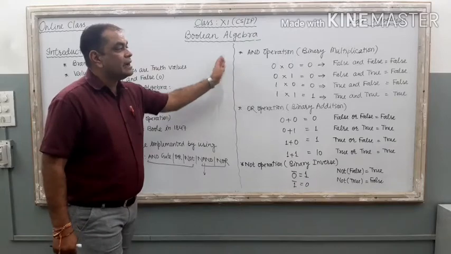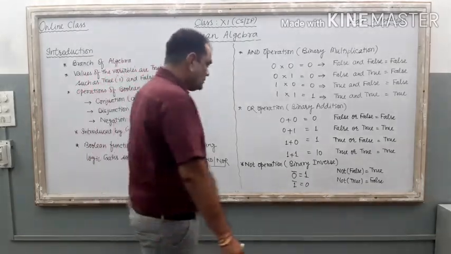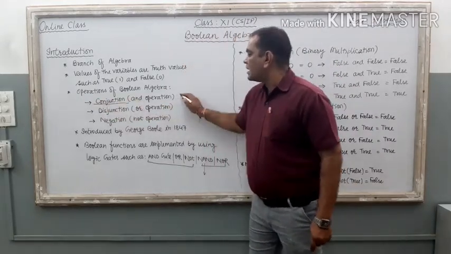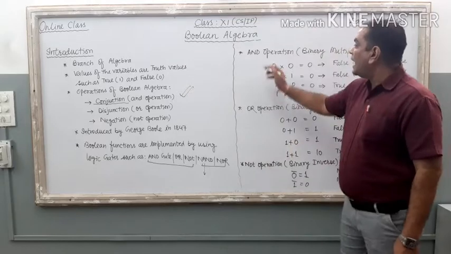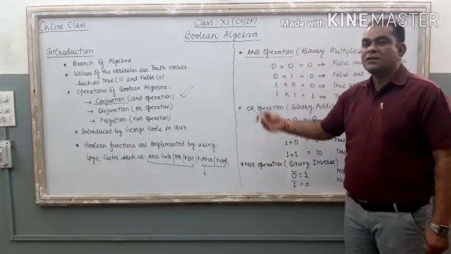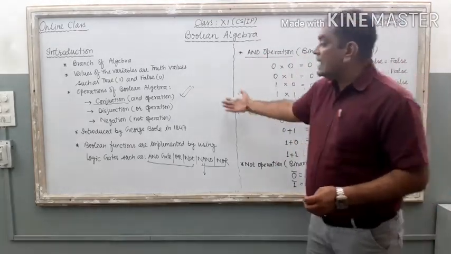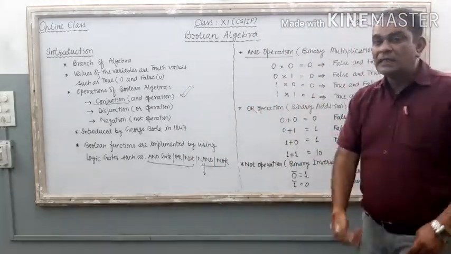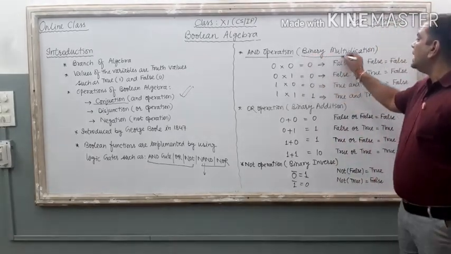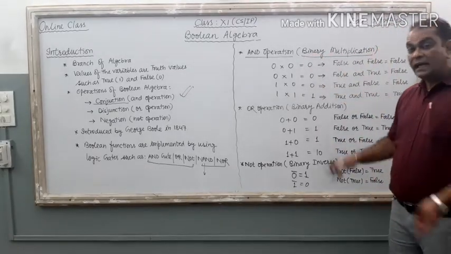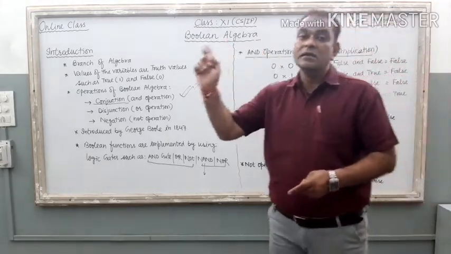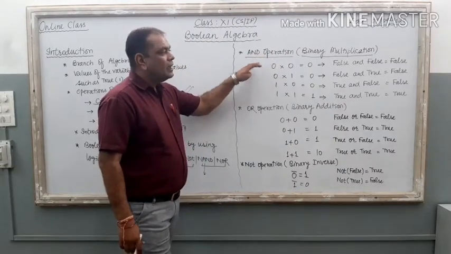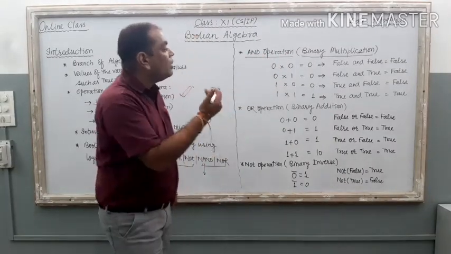Now come here, the second part of the code. Here, if you want to know what is there in conjunction operation, conjunction means you can say AND operation. AND operation is a very common term. Instead of conjunction, you just say AND operation. So, the AND operation of Boolean algebra works on binary multiplication. We did this binary multiplication in the number system chapter, remember it. So, binary multiplication is the base of AND operation.